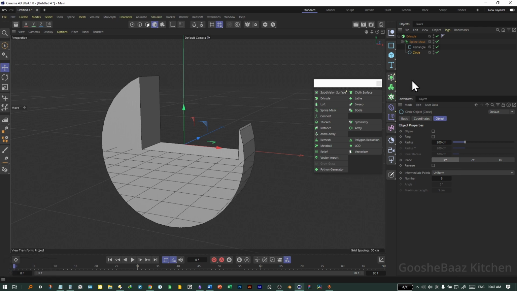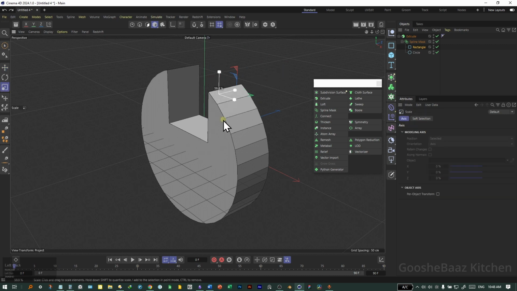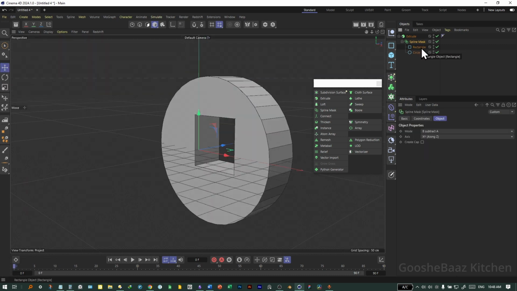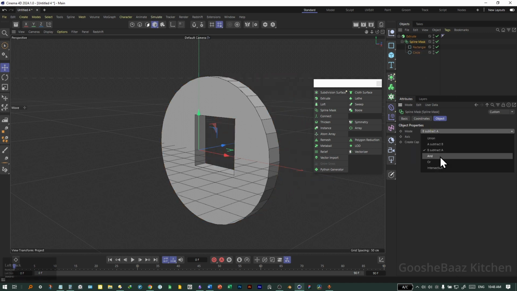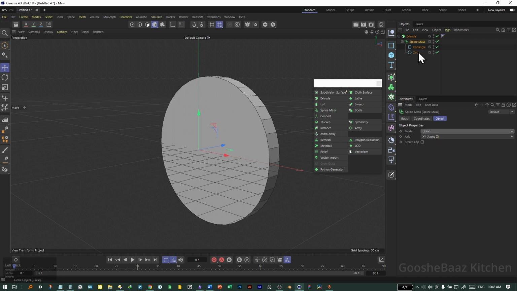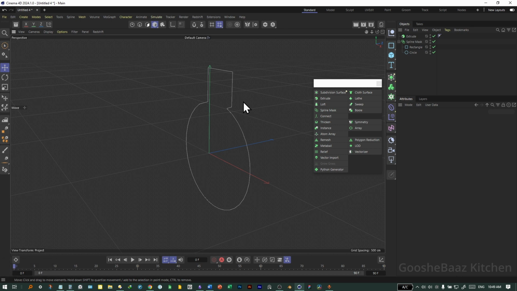And what is great about using generators is that they are non-destructive, which means I can change the spline parameters even after adding generators on top of them. I can even change something like extrude offset or come to spline mask and change the mode from A subtract B to union. One caveat here is that for the best result for a spline mask, you need the splines on